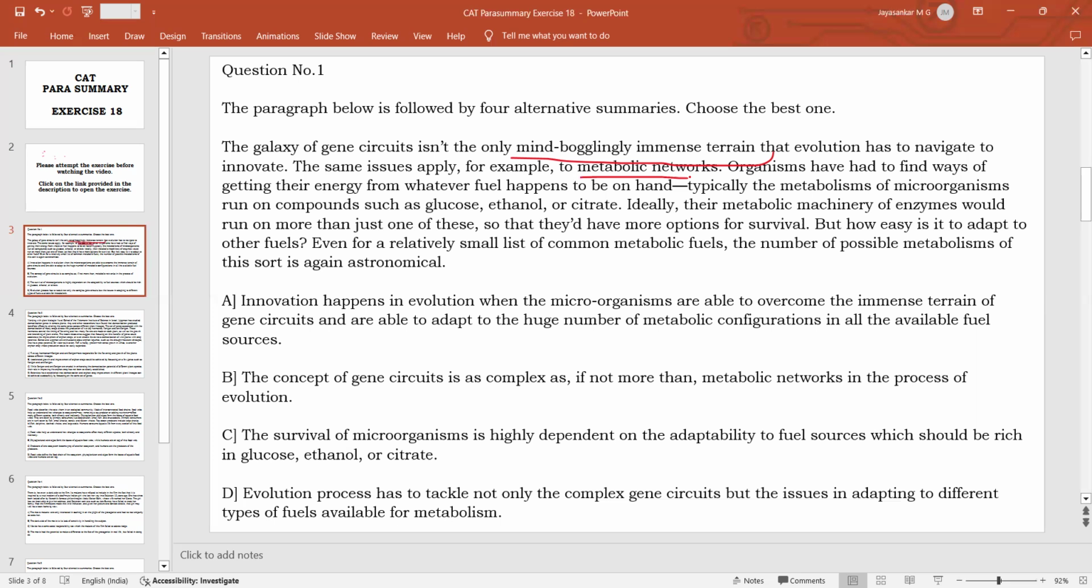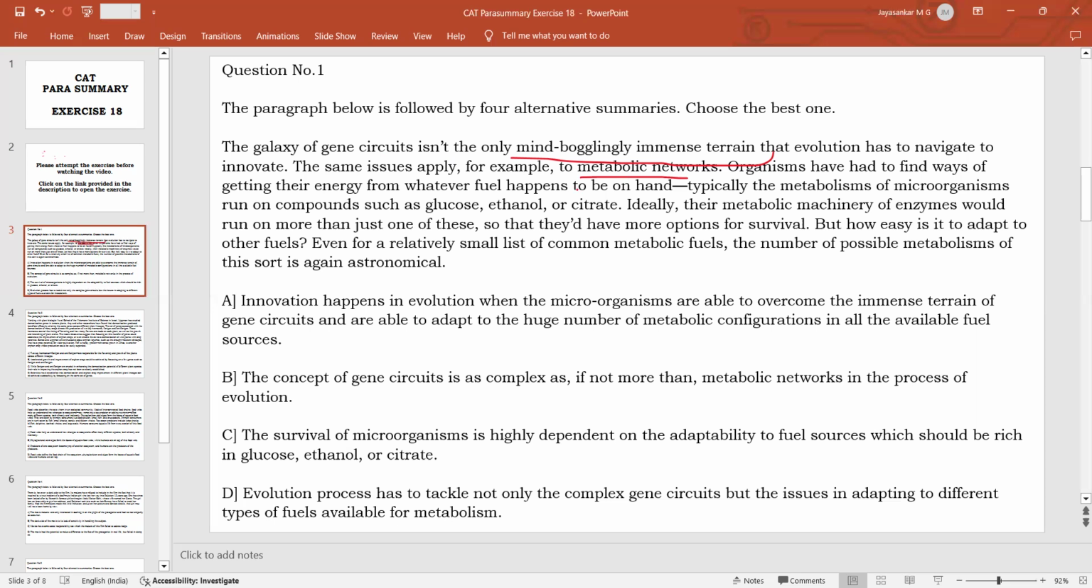And then the passage is talking about the metabolic networks. What is the issue with metabolic networks? The passage is not focusing on gene circuits. The passage's main focus is on the problems associated with metabolic networks that evolution has to navigate. So it says that